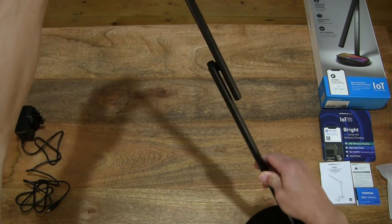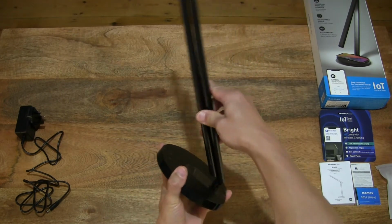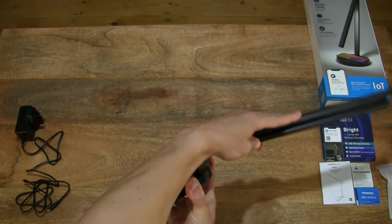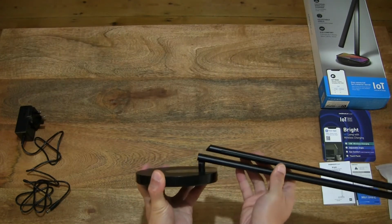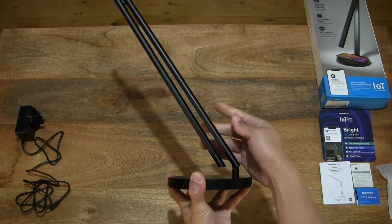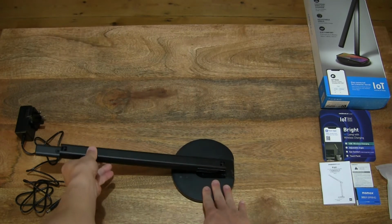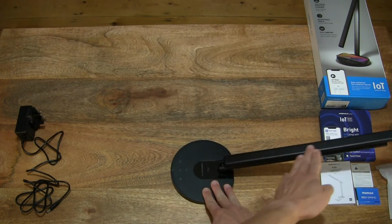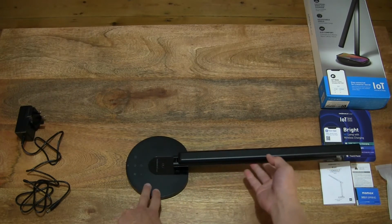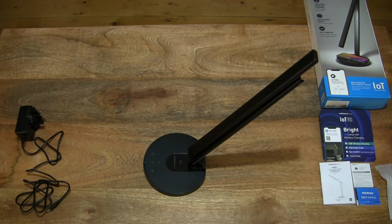that have a high range of articulation in terms of bending it at various angles, and it does hold its position quite nicely. So right there, just giving you an overall look as best I can on camera with that level of articulation. And the base obviously does have its limitations in terms of supporting those at very extreme angles, but nonetheless